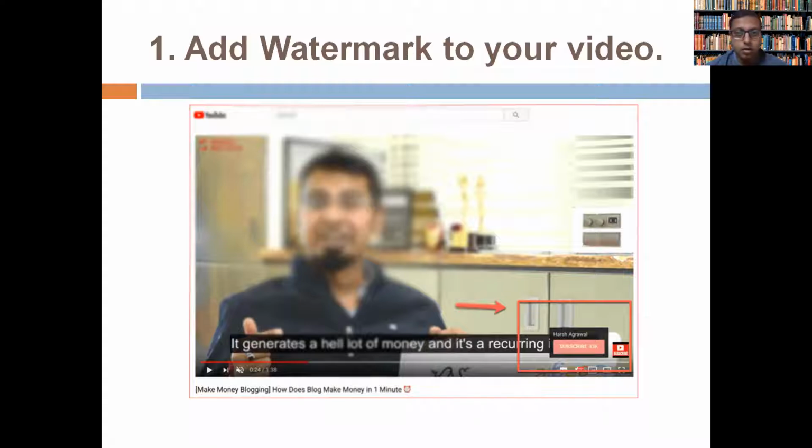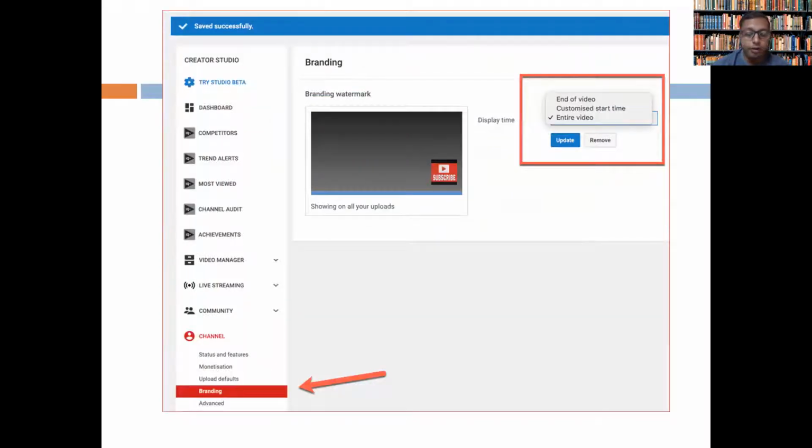Now, how to add a watermark to your video is a big question. Let me show you over here. You have to go to the settings page of your channel, and under settings you will have something called branding. As soon as you click on branding, you can see a watermark over here at the bottom right of your screen, and you have to enable it for the entire video and update it over there.